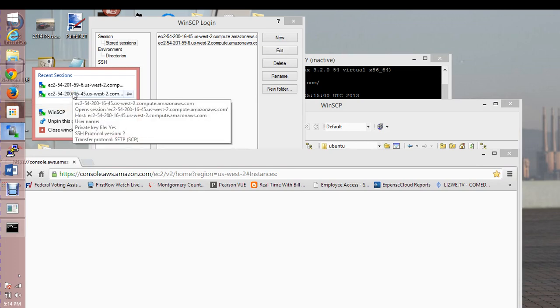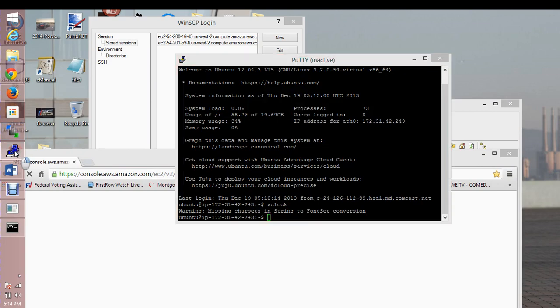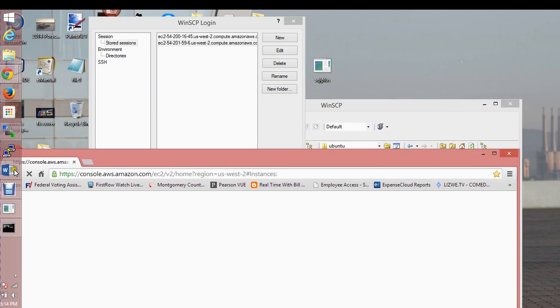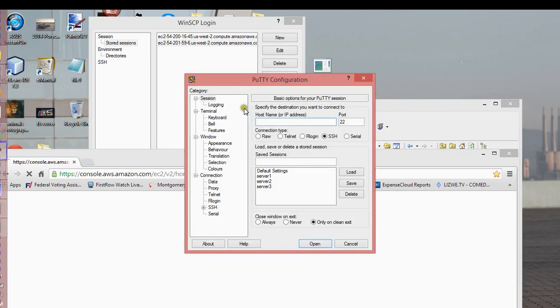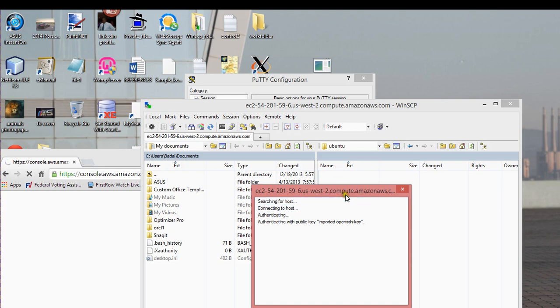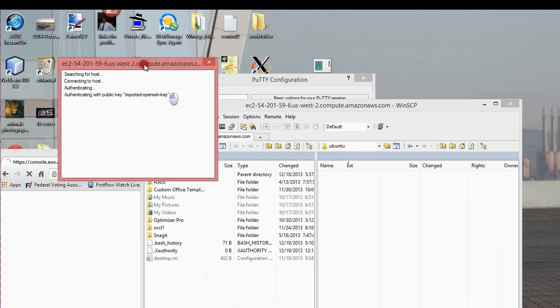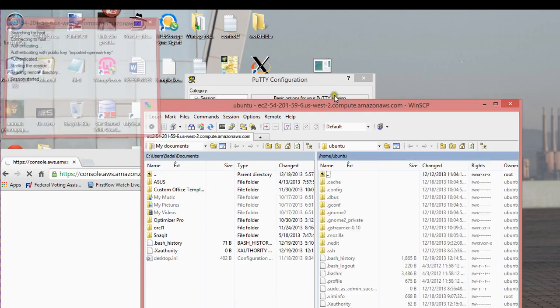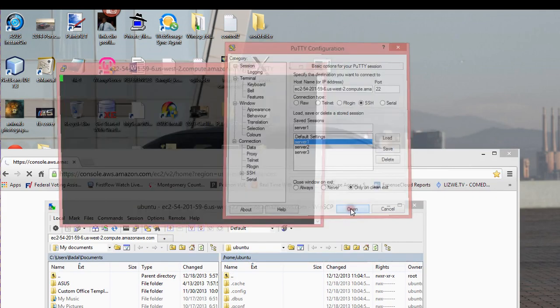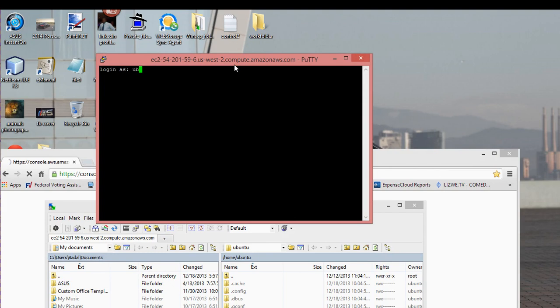So last time I had this. I had Putty, and I was working on this server, 201.59, and I'm just gonna go into WinSCP. So I have this open. It's gonna open shortly, and I'm also gonna have my Putty open as well,